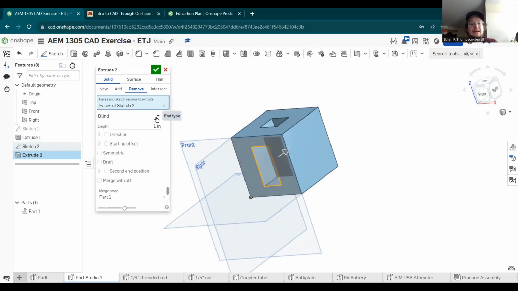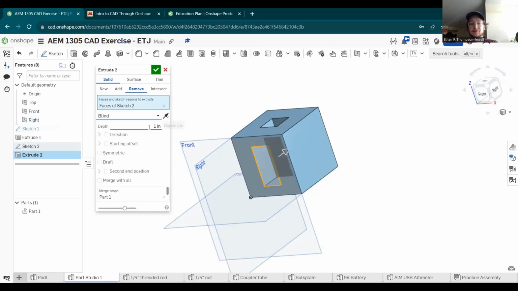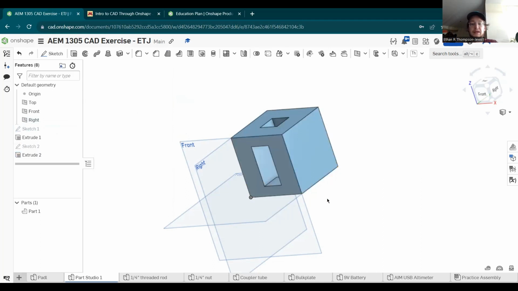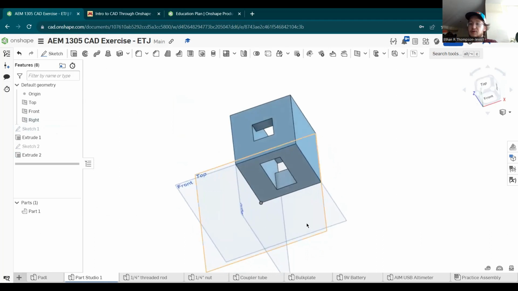We're going to select this end type and we're going to say through all. That just means I want to cut through anything in this region. We could have also selected the blind option and entered a specific distance, but we want to just cut through the whole thing. So we'll select through all. Then we'll click the green check mark. We'll rotate the camera and see we now have a part that has a couple holes in it. And that is the end of the part making part of the workshop